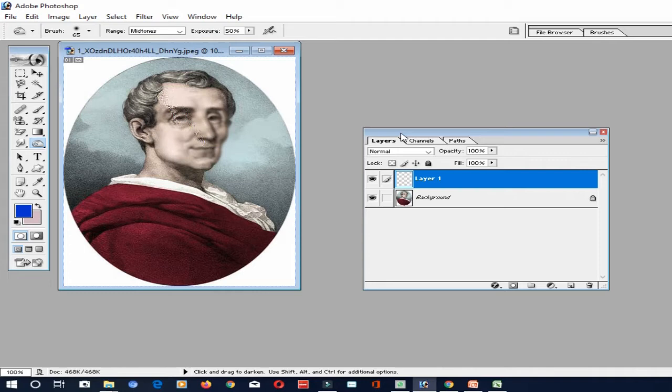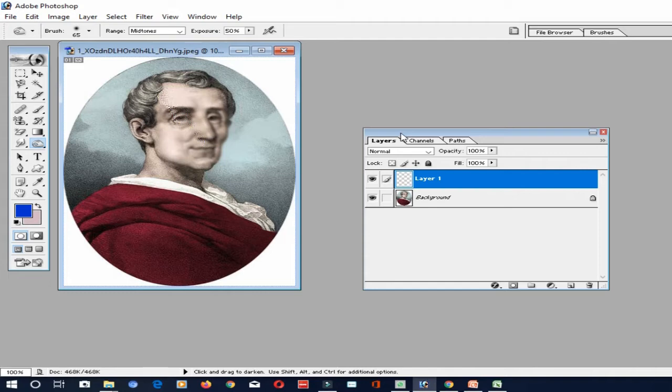What is meant by background layer? When you create a new image with a white background or a colored background, the bottommost layer in the layers panel is called the background layer. One image can have only one background layer. You cannot change the stacking order of a background layer. It will be at the last only. We cannot change its blending mode or its opacity. You can convert the background layer into a regular layer and then change all these attributes.